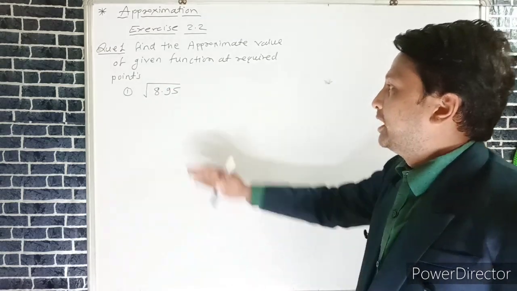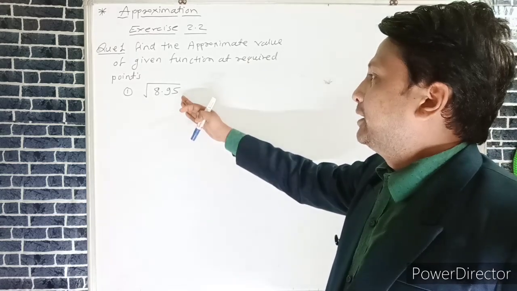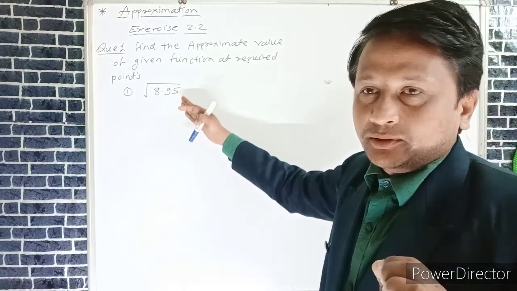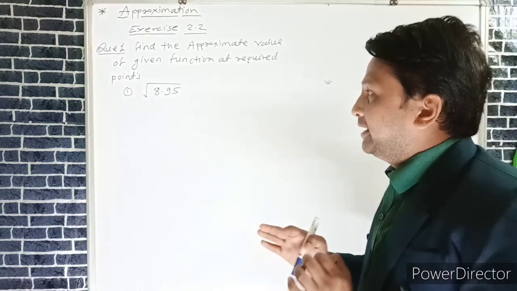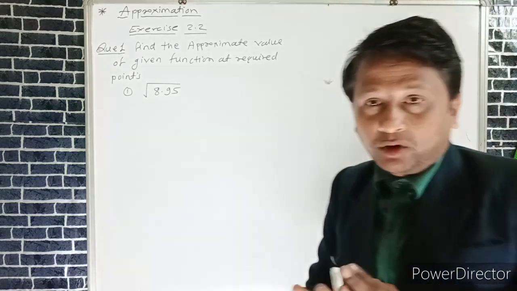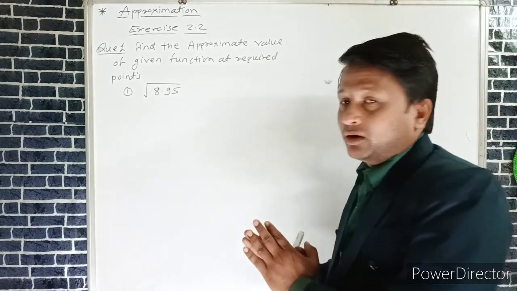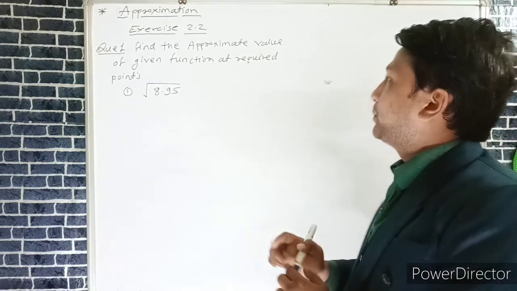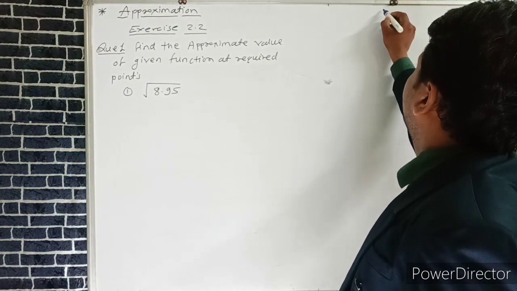there is question number one: find the approximate value of the given function at the required points, and the function is number 1, under root of 8.95. So here we have to find the approximate value of root 8.95. First we need to know what approximation is. By the rules of approximation,